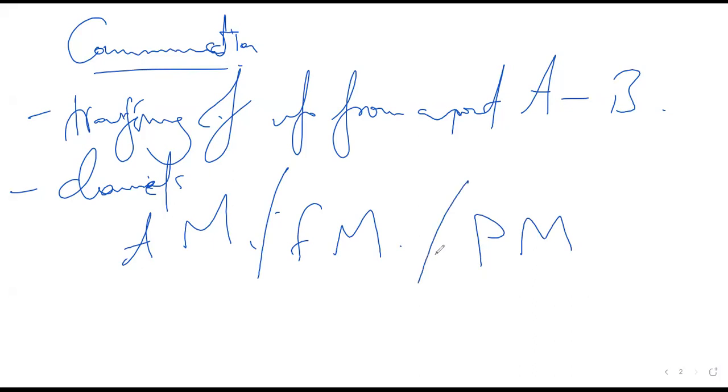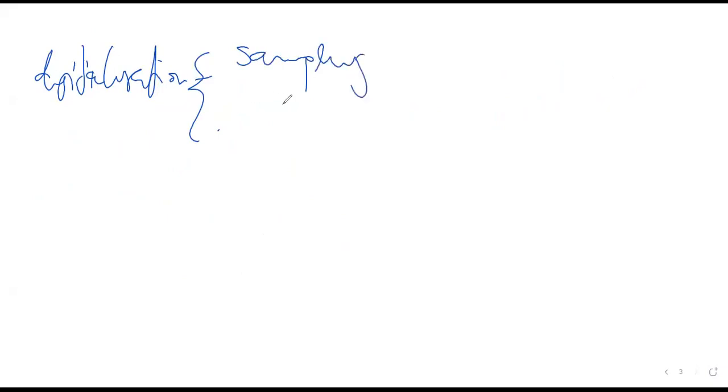Phase modulation, I don't know, but amplitude and frequency modulation you are supposed to know. On the digital side, you are supposed to know digitalization. This is not supposed to be something new for you. Basically, the sampling and